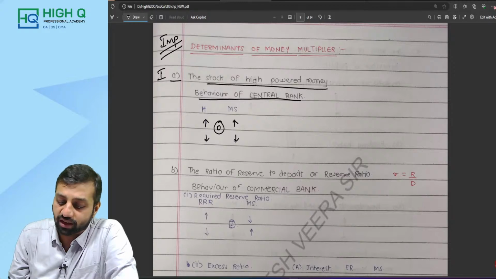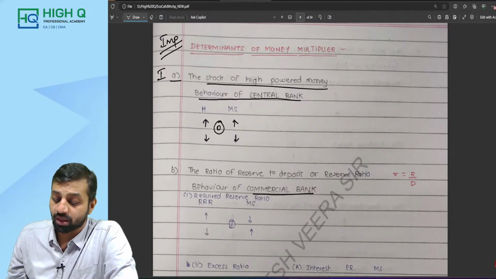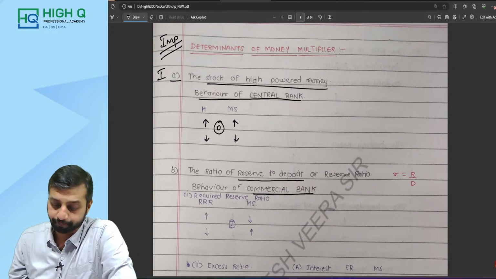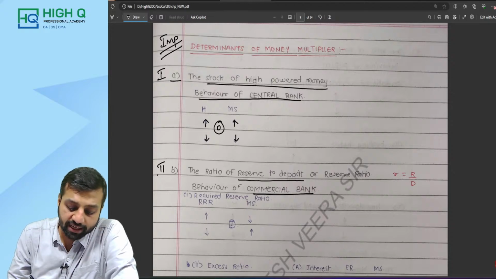Now the second behavior is the commercial banks' behavior. Commercial banks have to keep reserves as a part of their deposit. So the second part is the